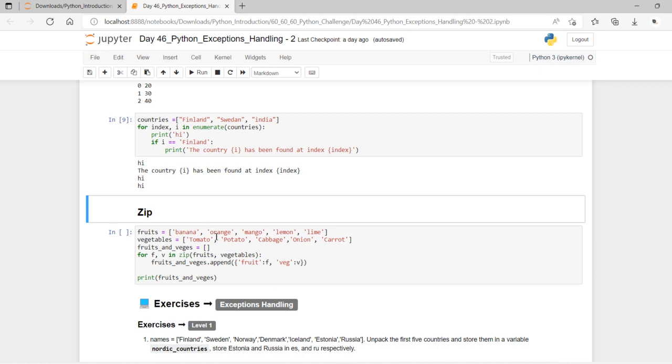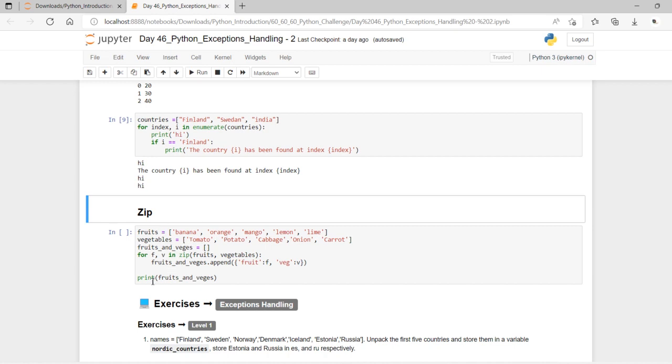So a combination of two or more lists also we can combine, and here we are just giving an empty list. The variable name of that empty list which we are creating is fruits and veggies, and for this f and v we are making the list of these fruits and vegetables, and each and everything we are going to append inside this.